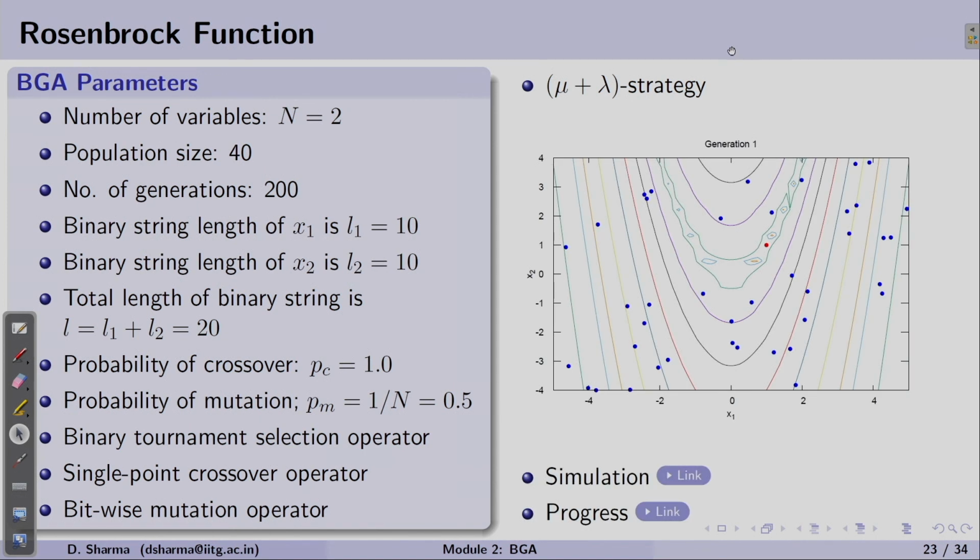For this case we generated a random population. The members of this population are different from the previous case. These are generated in the plane of x1 and x2. Let us see whether changing L1 and L2, the binary string lengths, will help us to improve the solution or not. Now, these are the simulations.